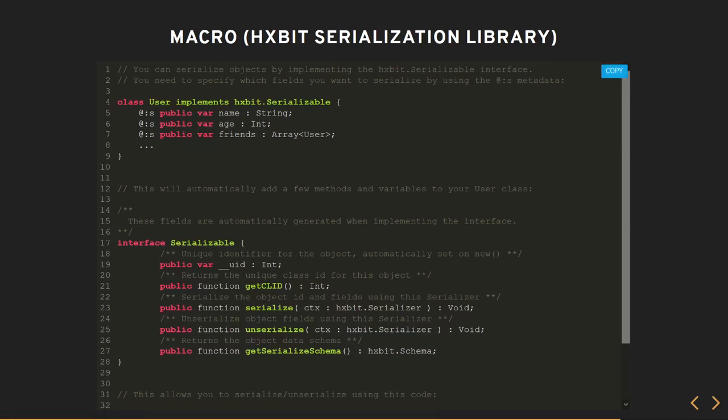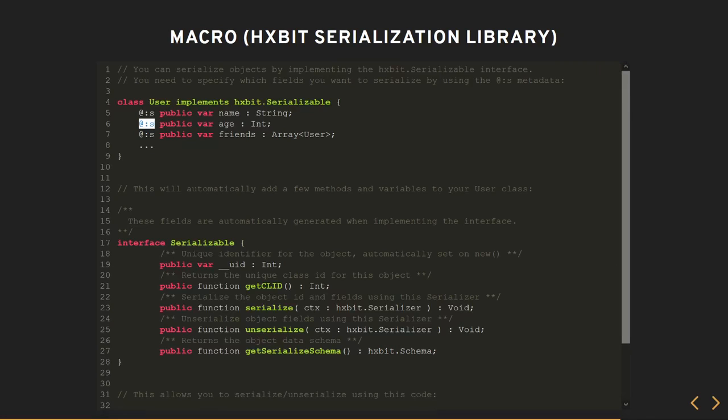So here you can see the fields that you want included in the serialized representation. You tag them. So this is the macro syntax. It's similar to the DCE stuff we saw earlier, like the @keep thing. It's basically just passing messages to the compiler. So here our message is, serialize these specific fields.